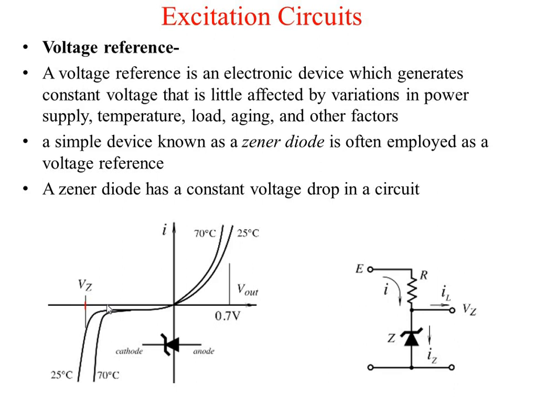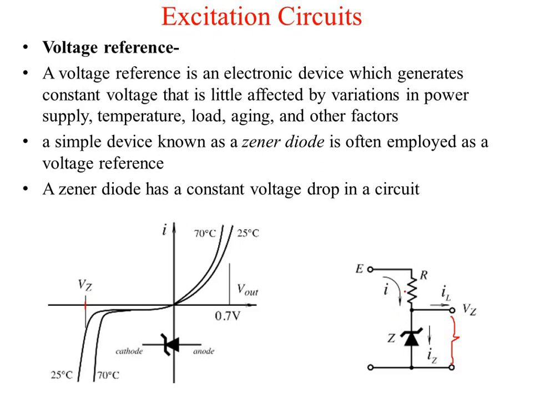Actually the Zener is susceptible to temperature. To overcome that, there are other circuitries, but this is the generalized circuit. This is how you get a constant voltage Vz, and with it you can drive your load. Here you can drive your load, and this Vz is almost constant. This I should be greater than Iz, because I should be equal to IL plus Iz. It should drive the load as well as the Iz current.